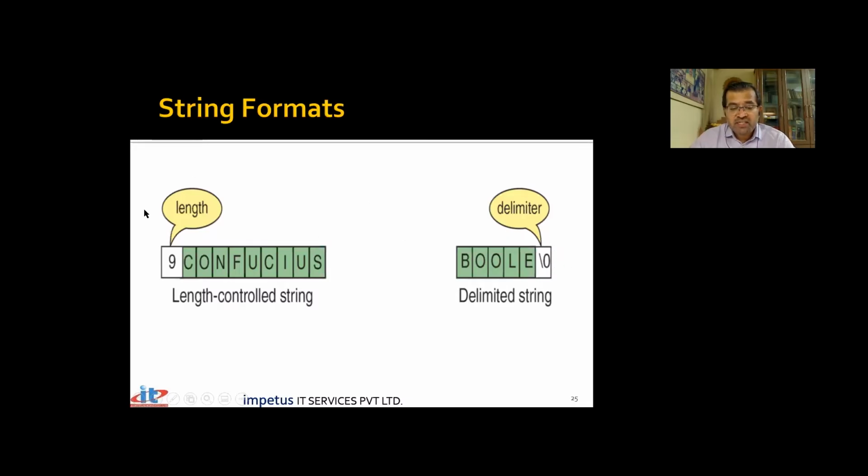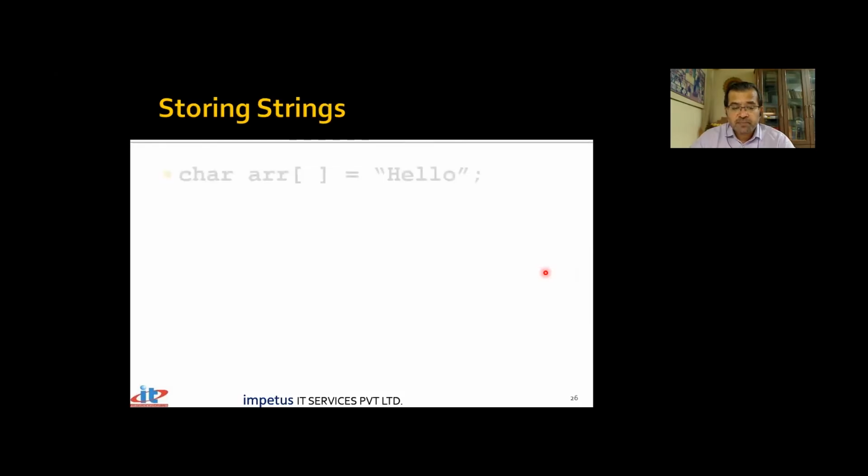So in different languages, we have different types of strings. In C, we have this delimited string. This is the kind of string that we come across in C, and this is the kind of string that we come across in languages like Java, which are length controlled. There will be an attribute called length, which will tell us how many characters are present inside the string. Here we do not have any such attribute. Here we'll have to go on searching for this character. Wherever you find this character, the string gets over there.